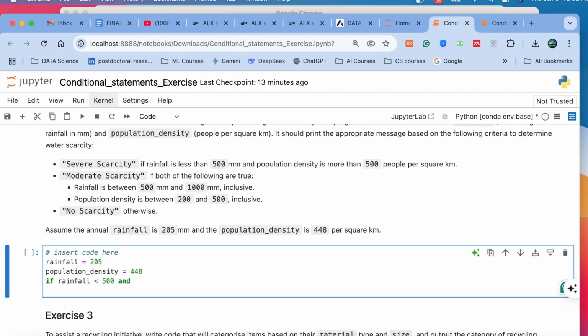Okay, and this condition will come to here, else